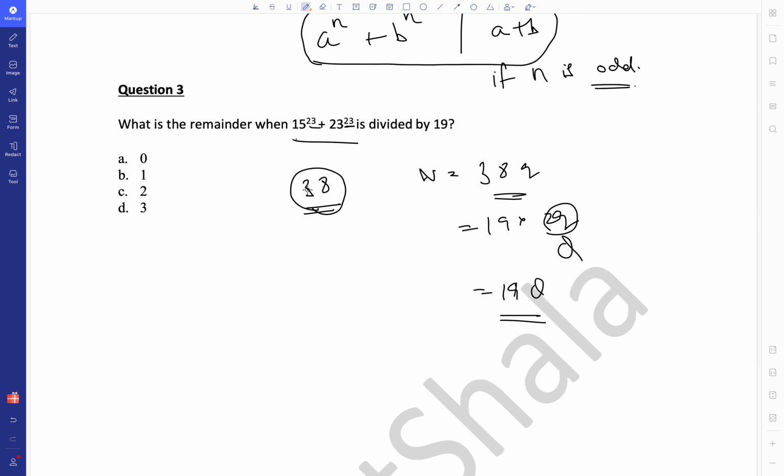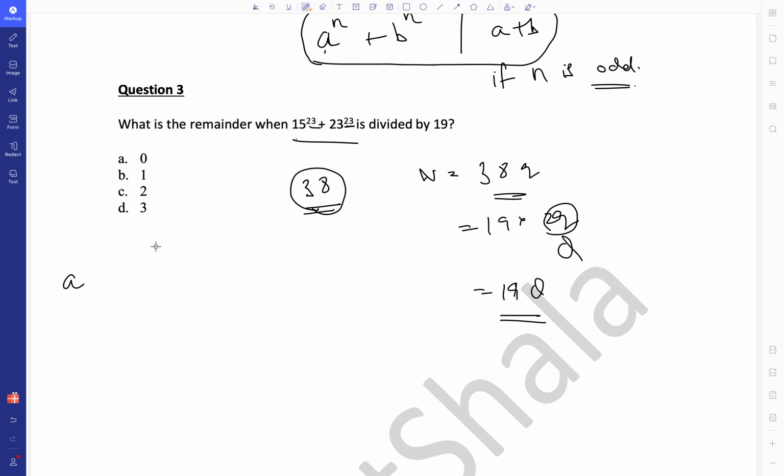So we are finding the remainder with a plus b. What is the remainder of a with a plus b? It is a. Why is it a? The multiple of a plus b just before a will be 0. We are considering that a and b are positive numbers in this case. So what is the remainder when a is divided by a plus b?